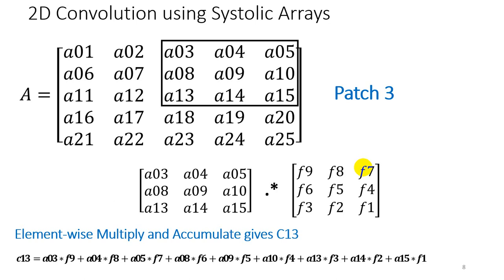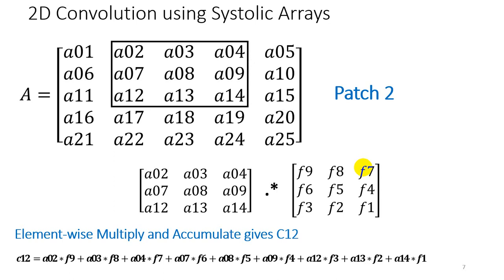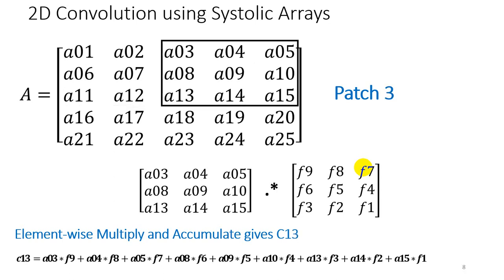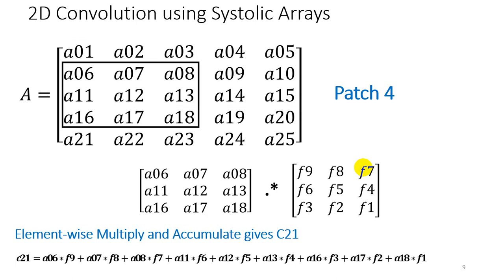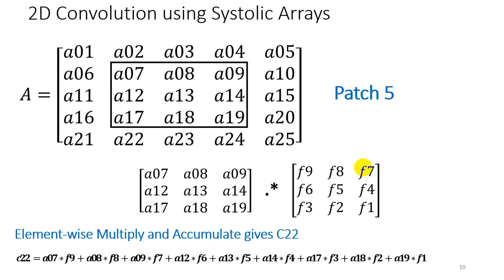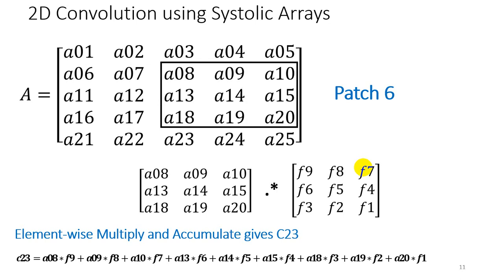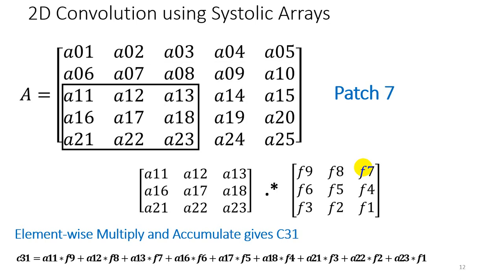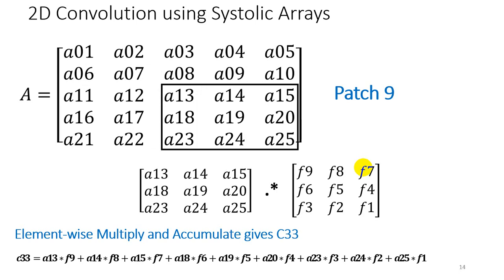We have a stride of 1, meaning we shift one column of pixels from left to right, and similarly if we move to the next row, we also have a stride of 1. We take the patches and multiply them element wise with the input filter, and we add these outputs, or partial sums, and we get these results as the output.